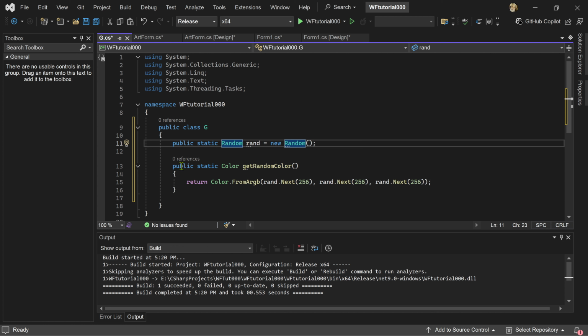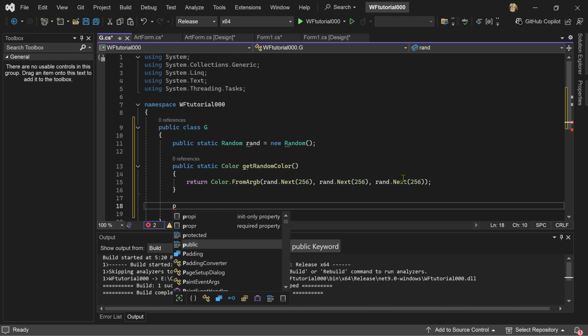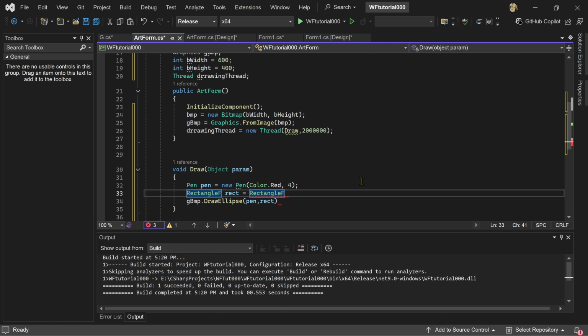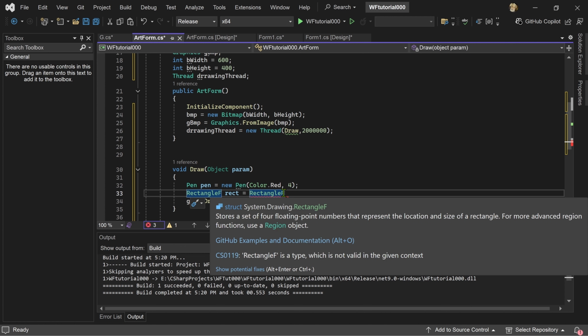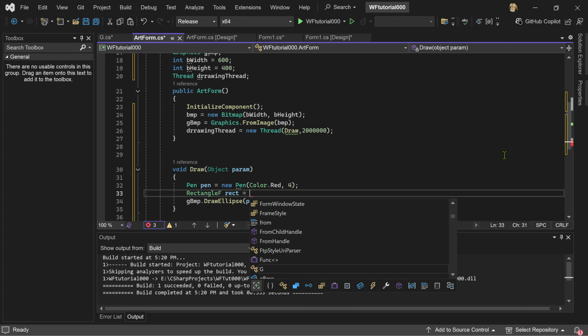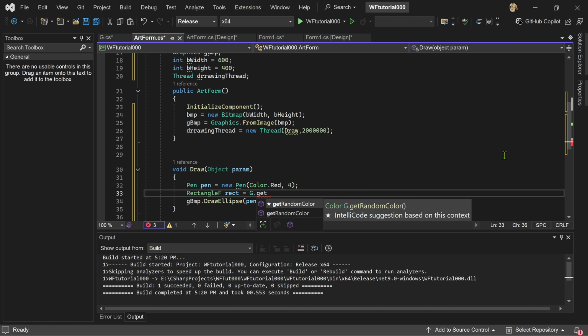So anyway, now I've got this function getRandomColor, but I want another function, and it's going to be getRandomRectangle. Actually, let me do that here. I'm going to go back to Artform, and I'm just going to say that the rectangle F is equal to, now that it's going to be in G, I have to put a G period in front of these functions. So I'm going to say get rand rect,